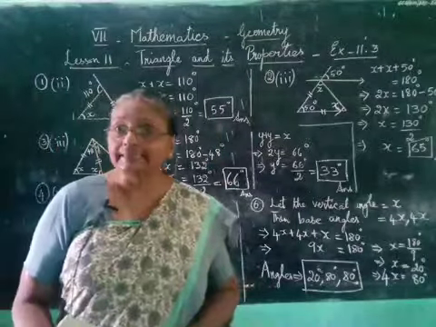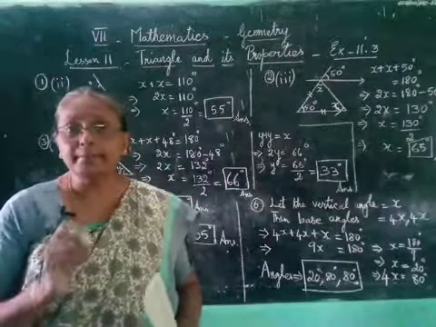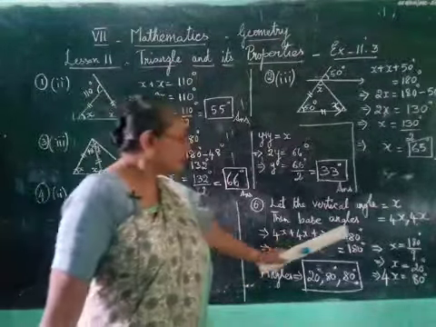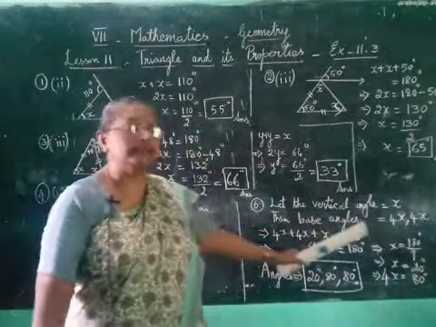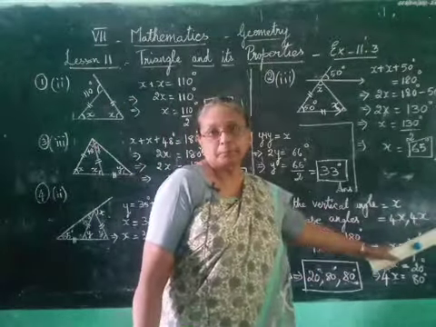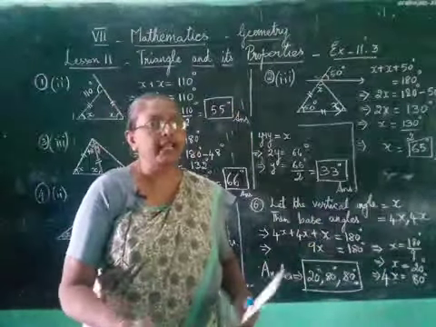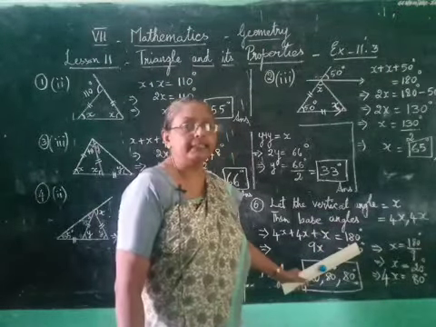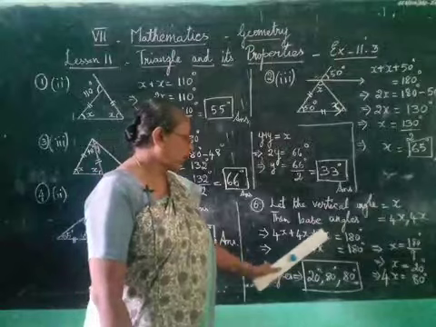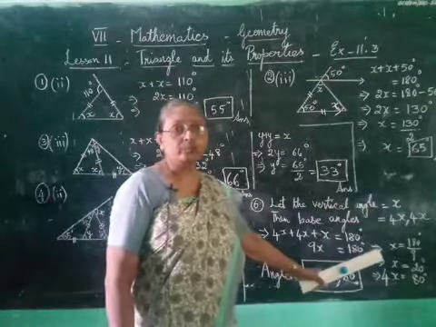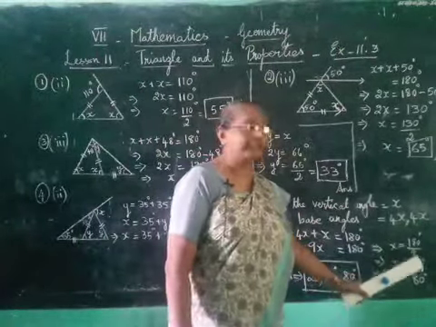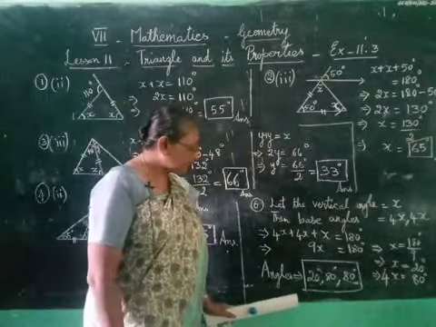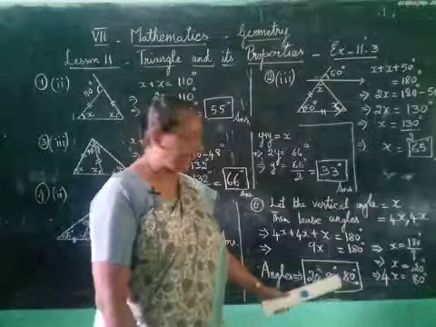Then the other thing they are saying is the base angle, one base angle is 4 times the vertical angle. So that will be 4x. So the base angles will be 4x and 4x. So what will be the sum of the three angles? x plus 4x plus 4x will be equal to 180 degrees. Therefore, when we add all this, we get 9x. 9x is 180 degrees. Therefore, x will be 180 degrees by 9, which is 20 degrees. Therefore, the angles will be 20 degrees, 80 degrees